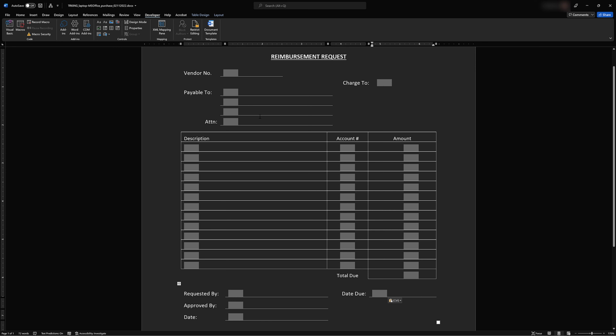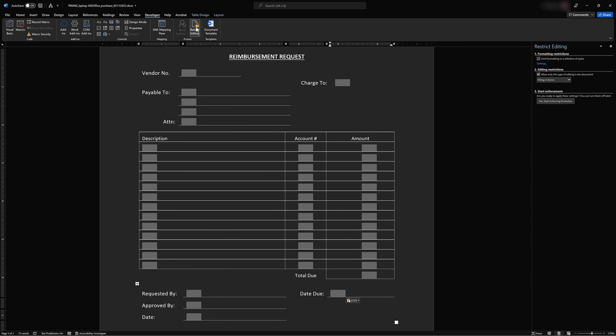So let's try it out. If we go up here to your developer tab, you have an option here, restrict editing. So click on that little guy, and then over here you want option number 2 selected, filling in forms. Okay, then start enforcing protection. So click on that. Don't put a password in. If you want to put a password, you can, but for now we're not going to put one in because we're just testing it. So this is cool because